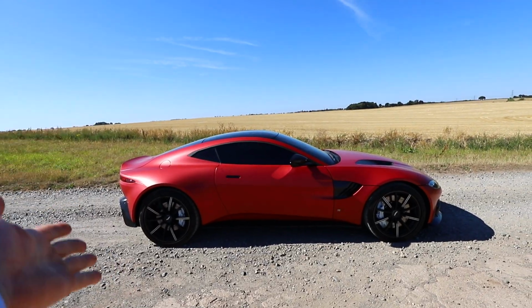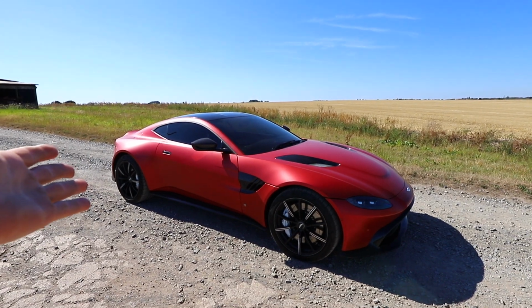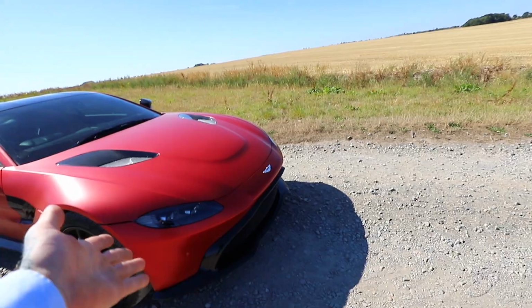So here I am, the budget James Bond with holes in his ears. But what a car. It looks absolutely unreal, and I am over the moon with this. To drive this for the first time with no faults is absolute. I cannot even explain the feeling you get when driving this car. It makes you just want to make excuses up just to go out and drive this thing. It's so good. It's fast, it handles well, the seats are comfy, and it looks so good. I still actually cannot believe that this is my car. This is unreal. From what it was to what it is now is